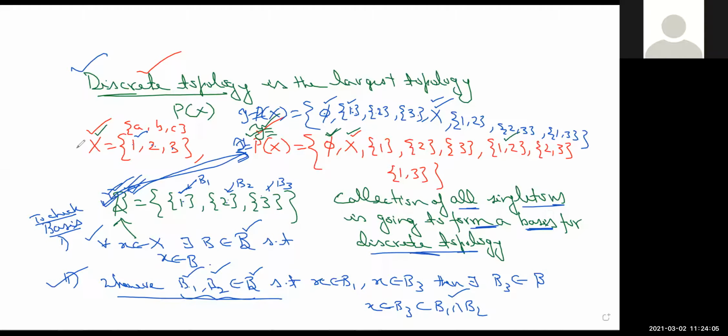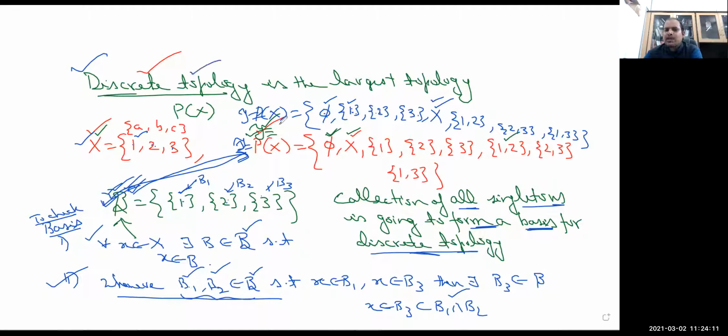Yes, sir. First, we have constructed a set, and we know that this discrete topology is basically the largest topology, and basically that is the power set. So power set is this one. Now, the advantage is that for the topology, you need to write all the members. For example, if we are considering the discrete topology, then you have to write all the members, because the power set is the collection of all subsets of X.